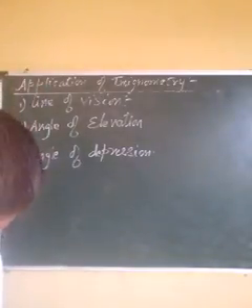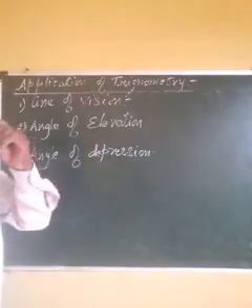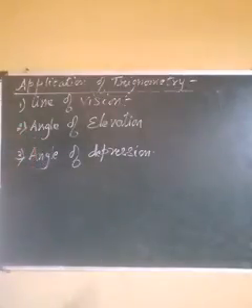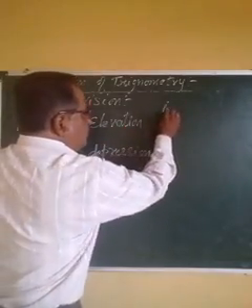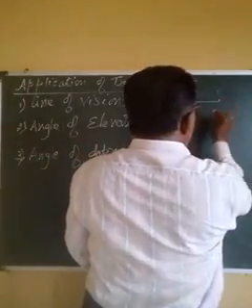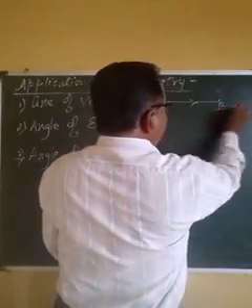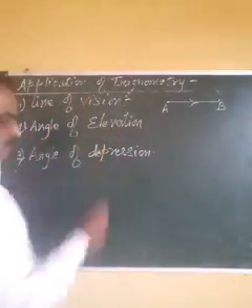Now what is line of vision? For that, open page number 133 of your geometry textbook. Supposing an observer is standing at a location A looking at an object B, then the line AB, where the observer is at point A and he is observing a point B, is called the line of vision.